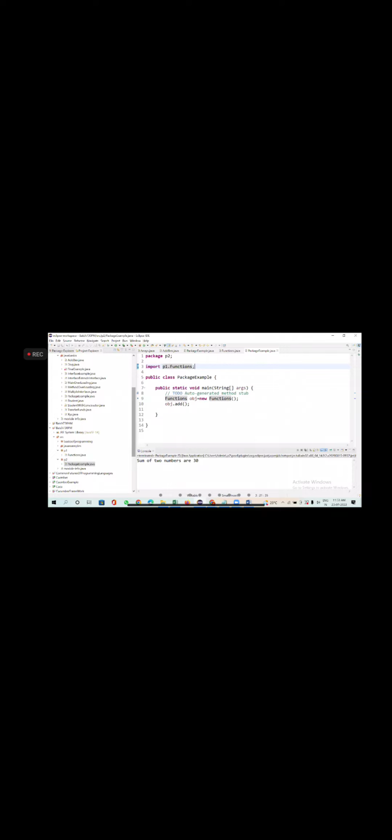Another way is the fully qualified name. Fully qualified name means I don't import, but still I want to use it. One option is dot star. One option is dot specific class name, not function, class name. The class name is functions there, right? Now, another way is the fully qualified name.